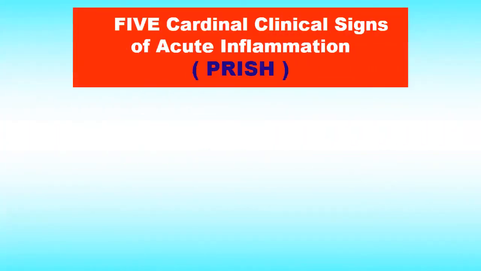What are the clinical signs or clinical features of acute inflammation? There are 5 cardinal or classical clinical signs of acute inflammation, which are kept in the word or term BRISH. B means pain, R redness, I immobilization, S swelling, H heat. So the clinical signs of acute inflammation are: